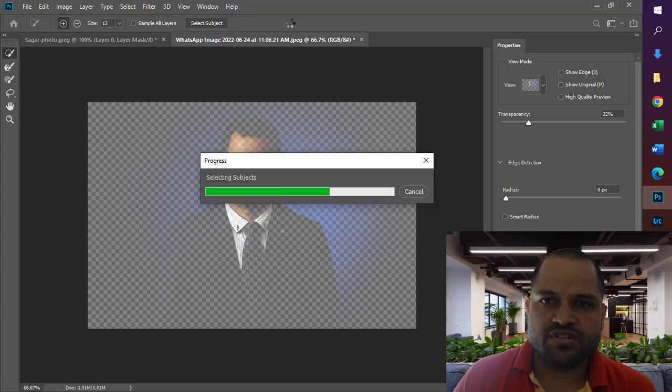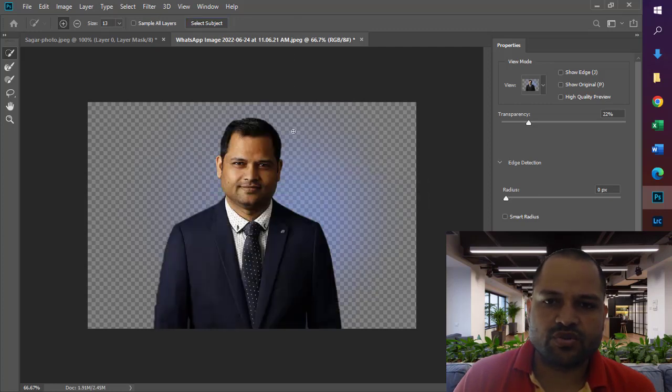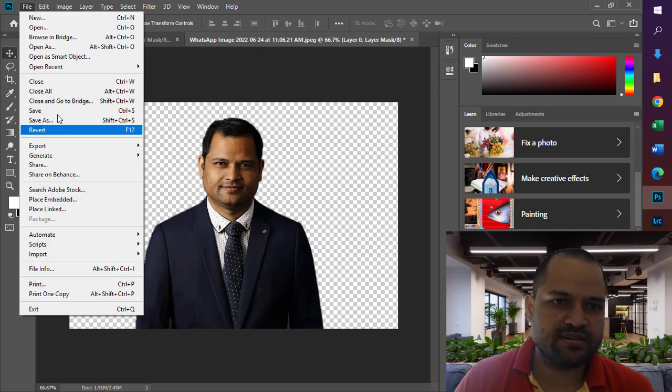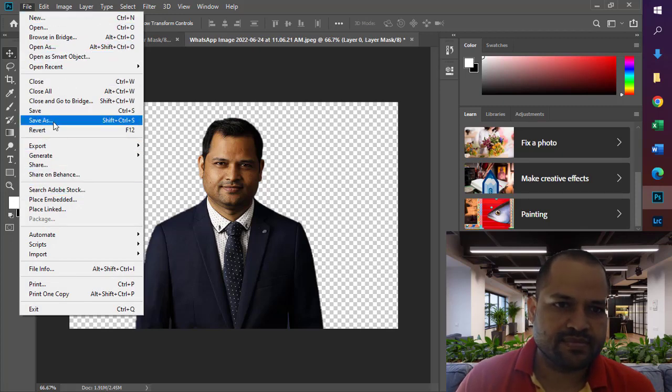So with artificial intelligence, Photoshop will select this foreground or the main photo, and then that's it. Just click on OK and you're done. It's that simple. And then to export it, you just go to File and click on Save As, and